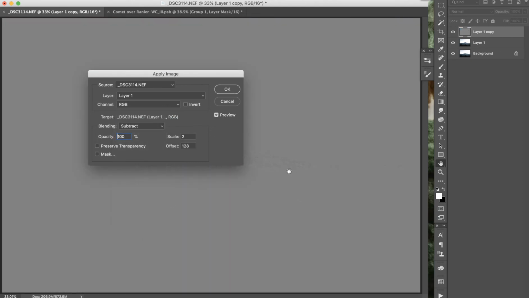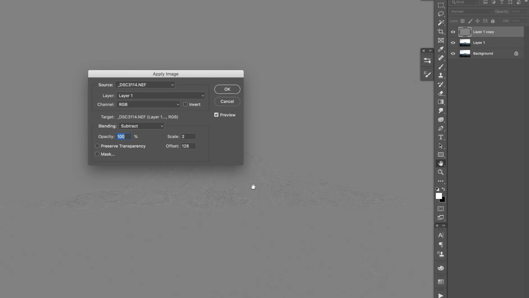And what happens here, if we can zoom in, is that this application is going to separate what the computer sees as texture with the tone that is below. So I'm gonna hit OK,